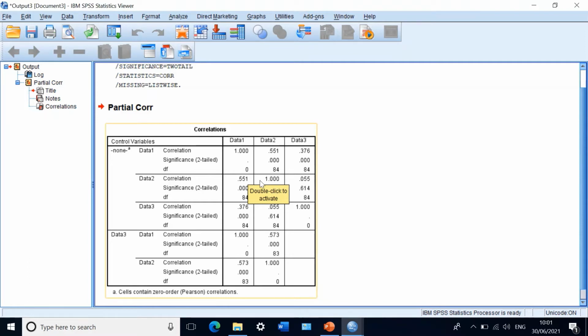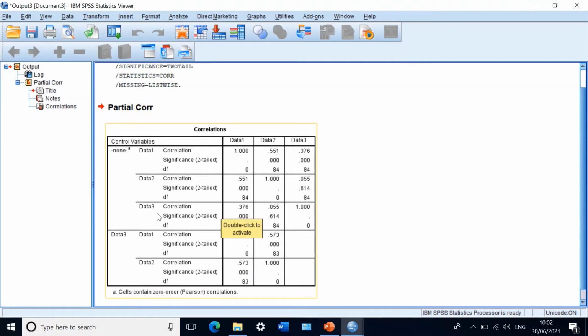And the association between those two data is significant, as the p-value is less than 0.05. Looking also at the correlation between data 1 and data 3, we see a positive correlation, but weaker. It is 0.376 compared to 1 and 2, and there is a significant association between data 1 and data